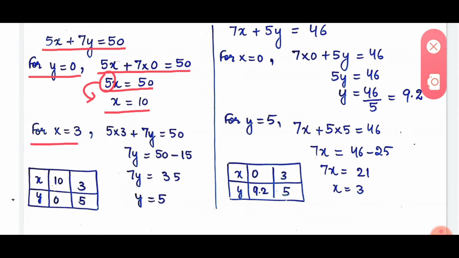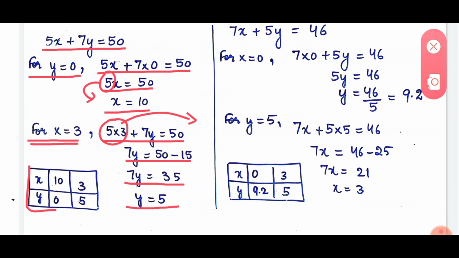And for x equals to 3, I have already told you that substituting the value of x or y to find the points is up to you. Okay, you can put any value as you want. Now I have put the value of x as 3 here. Now let us calculate the value for y. 5 into 3 plus 7y equals to 50, or 5 3s are 15 and this 15 will go to the right hand side. It will be subtracted from 50, right? So 7y is equals to 50 minus 15, or 7y equals to 35. Then you will have the value of y as 5, right?